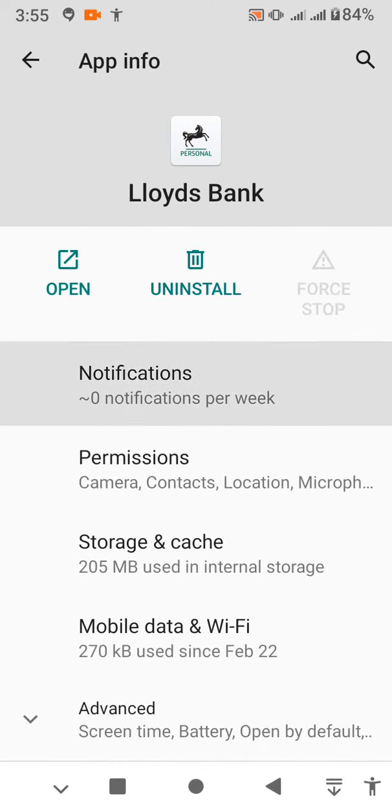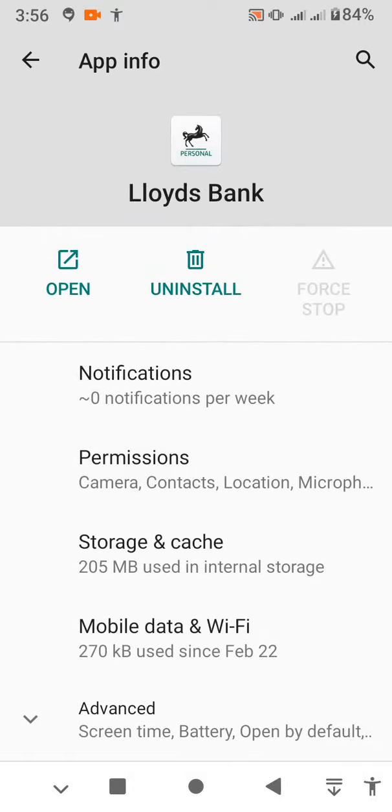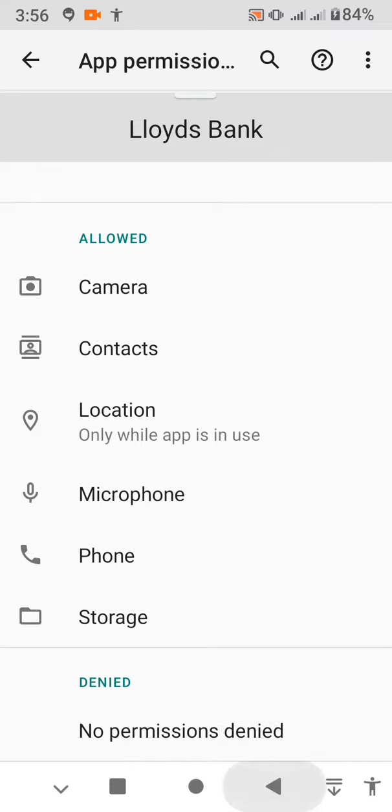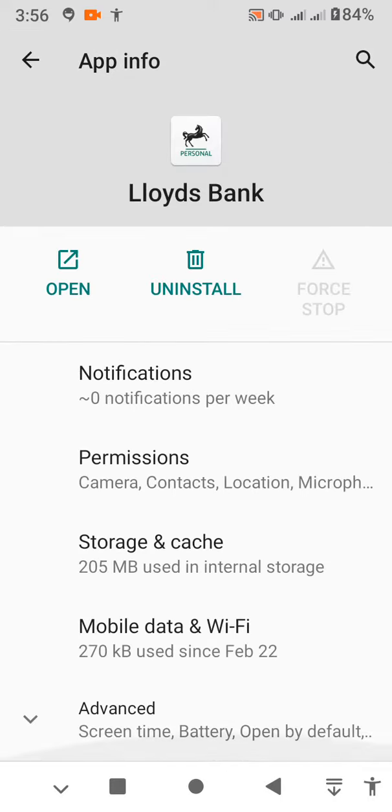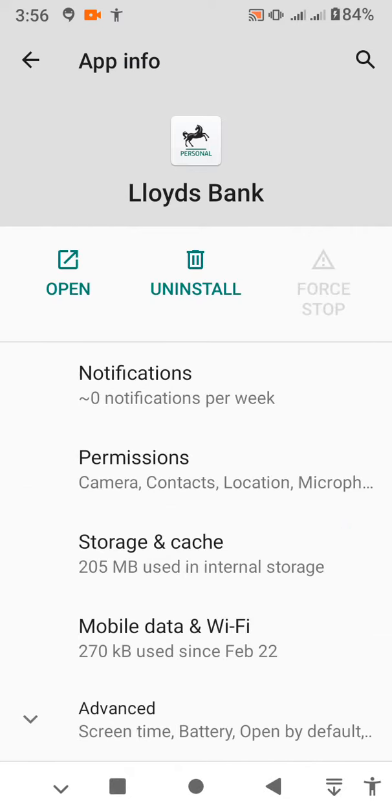back and tap on notifications and make sure this show notification is turned on. Now go back and tap on permissions and make sure you allow edit permission over here. Go back and also select mobile data and Wi-Fi and make sure the background data is turned on like this. After doing all this, what you have to do is to go back